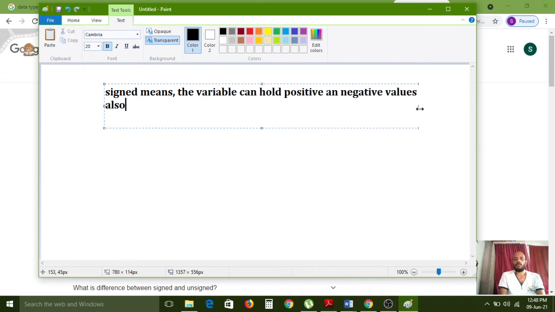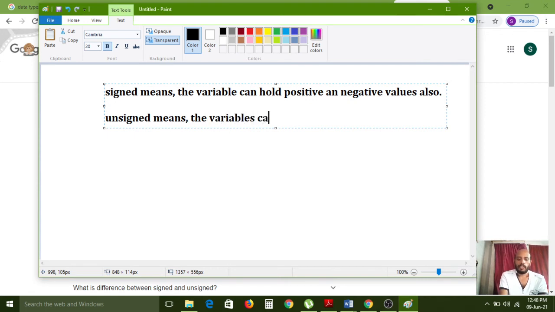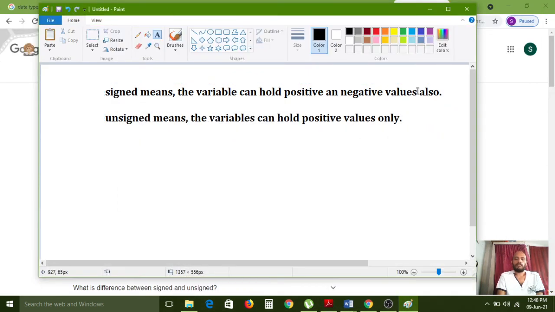Unsigned means it can support only positive values. Unsigned means the variable can hold positive values only. Understand? Negative values it cannot support. So that is the difference between signed and unsigned. If you use signed or unsigned along with the data type, then observe carefully.